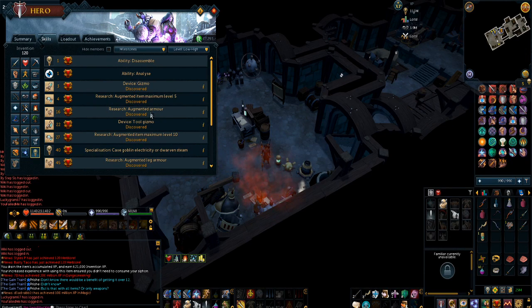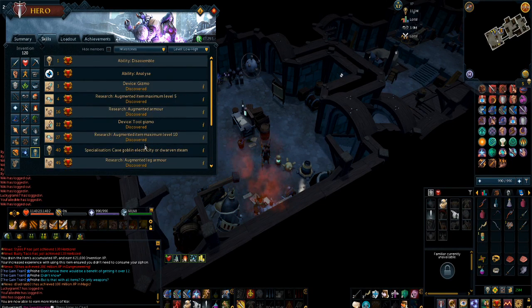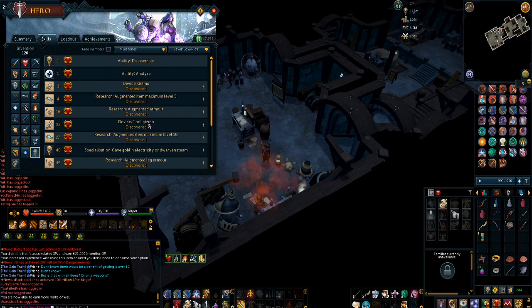So at level 16, just augment your body and augment your weapon. Level it up, siphon or disassemble. Then at level 22, you can make tool gizmos, and I think that also means you can augment tools. I'm not entirely sure if that's true. I don't see anything that says otherwise. But yeah, you can augment